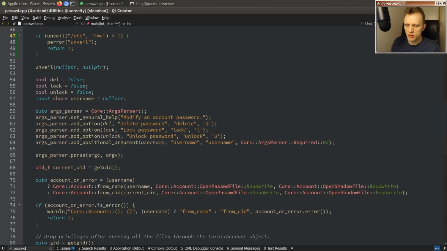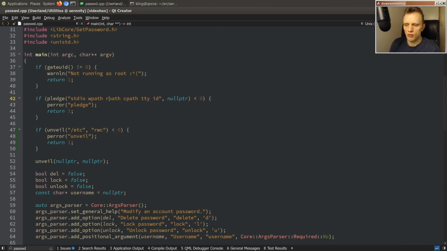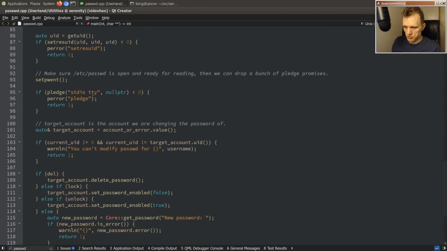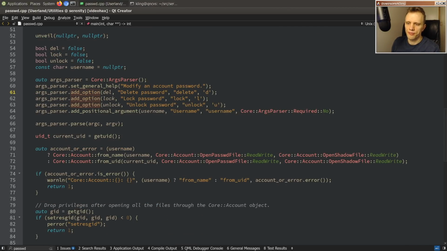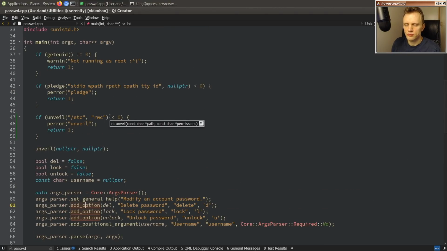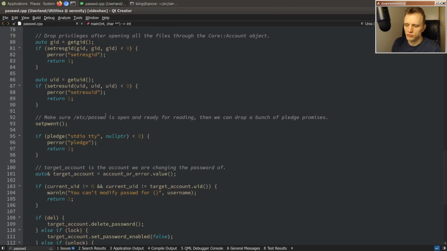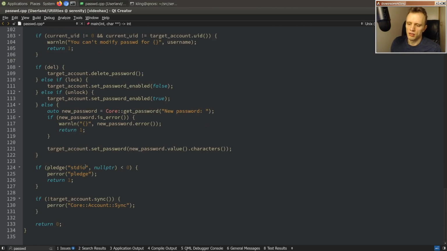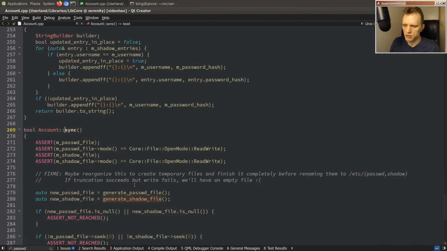And then we also have to keep the cpath pledge promise, I think, because we'll need that to create the new file, create the temp file, and we need it to do rename as well. So we'll hold on to the cpath promise. That's like creating new things in the file system. Yeah, so we keep cpath all the way to the end. Okay. So I think that part is fine, and then when we sync,